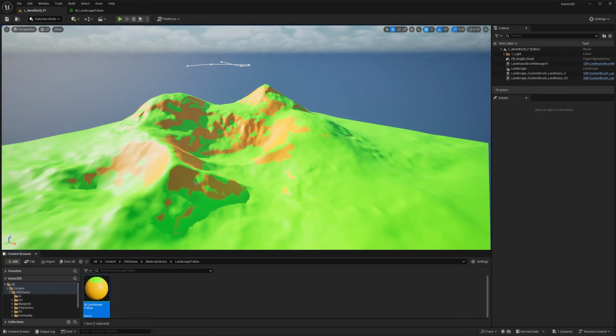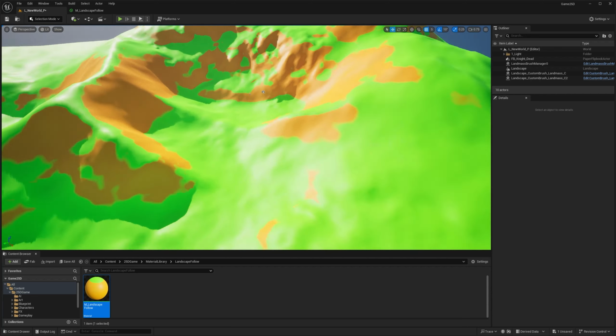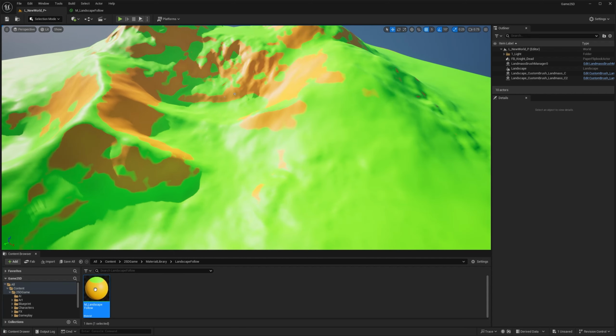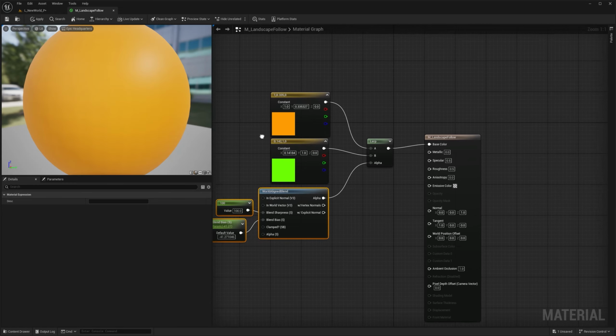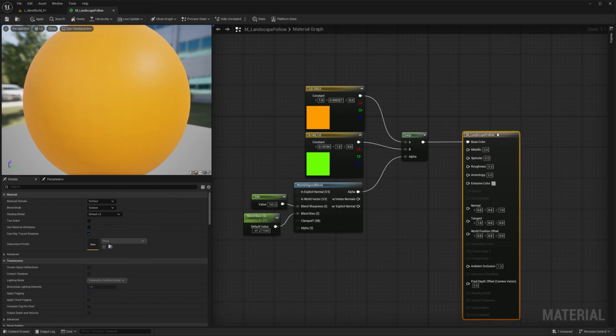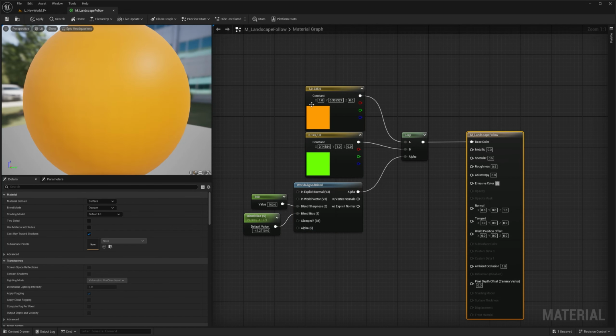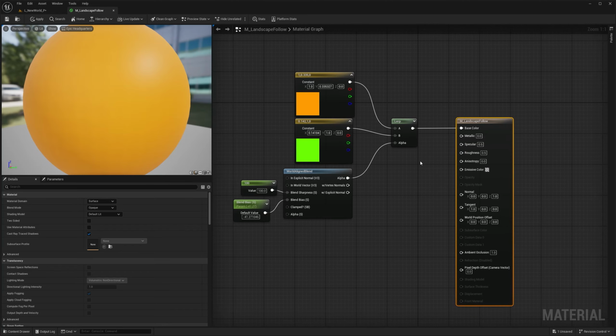Okay, so now that we have this, what I want to do is not use just colors, but also textures. So how can we do that? I'm going to open my material here right now and pretty much what we have here is the basic setup of it. Because we're doing a little bit stylized, kind of like old school looking, you can do normal maps and stuff like that, but I'm not going to use it in this case.